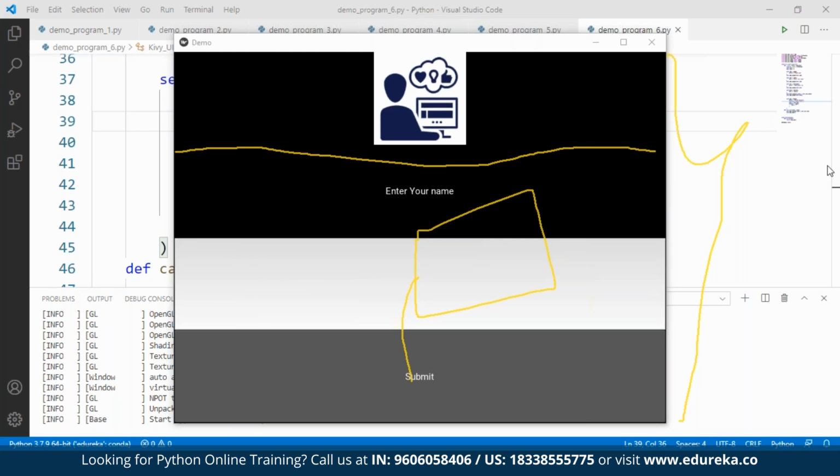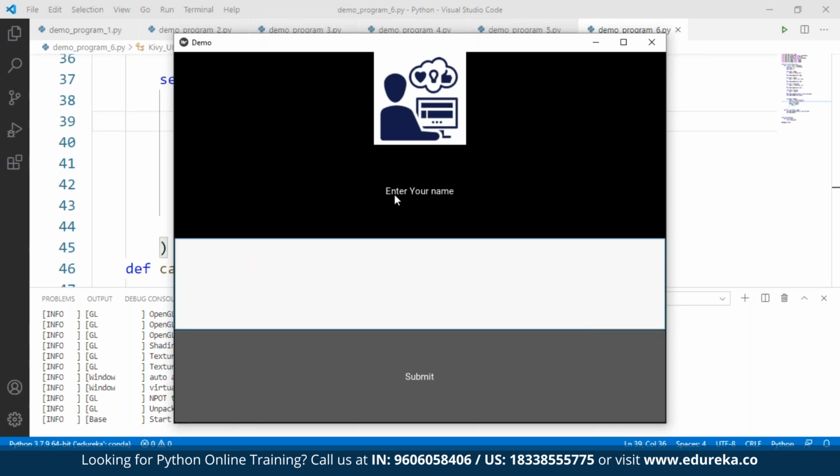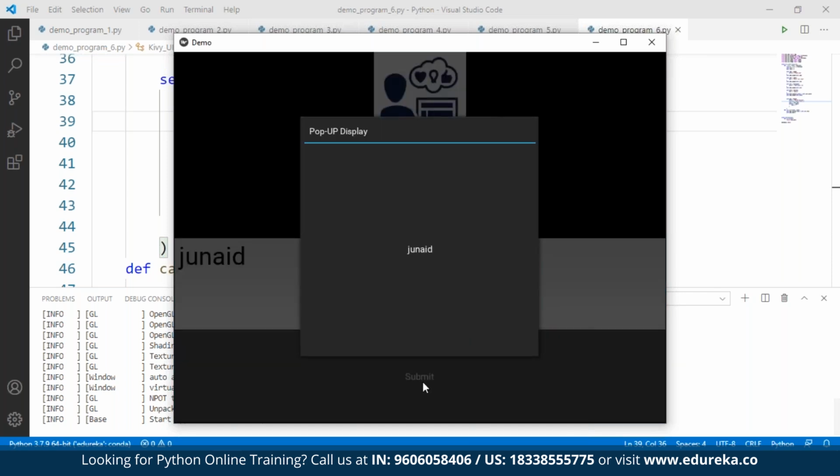So let's see whether this works or not. Here the application is asking me to add my name. So let me add my name here. My name is Junaid, and let me submit this. As you can see, every time I submit, we have a pop-up window that displays Junaid. All right, so this is how we implement various types of widgets in